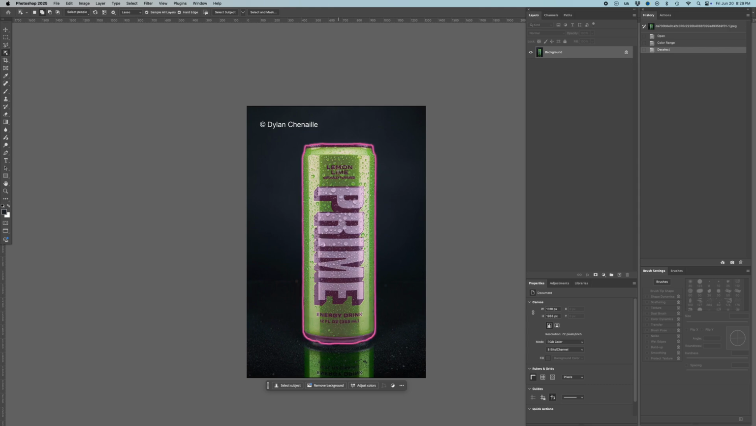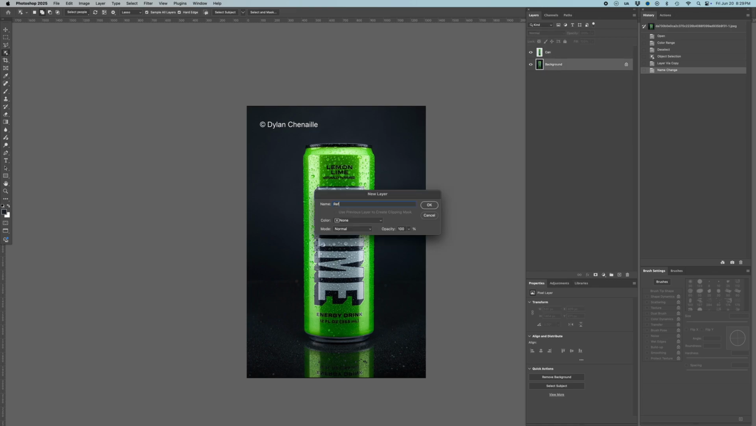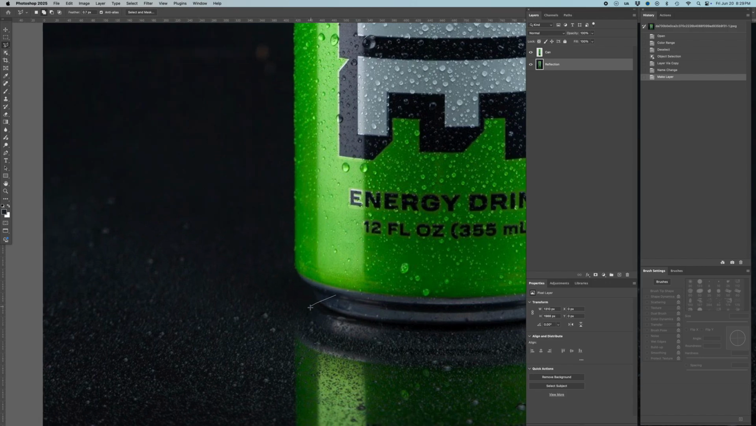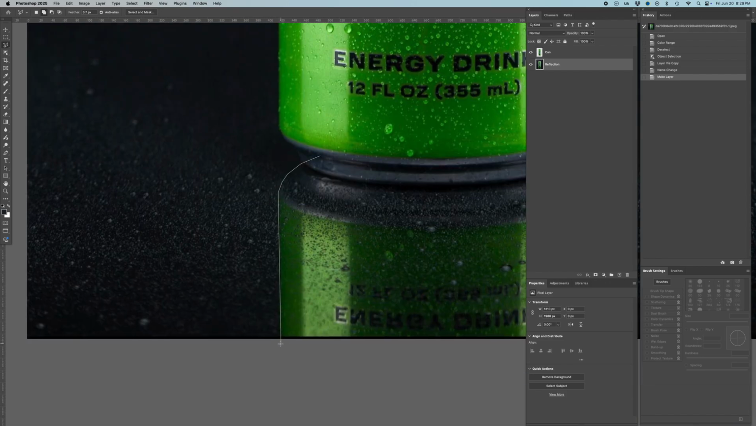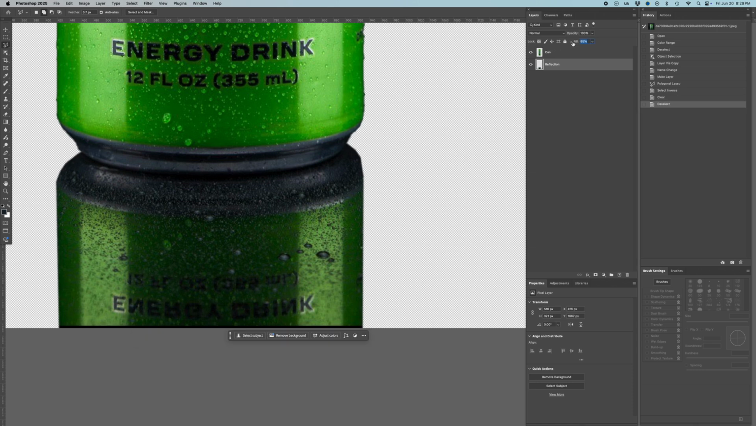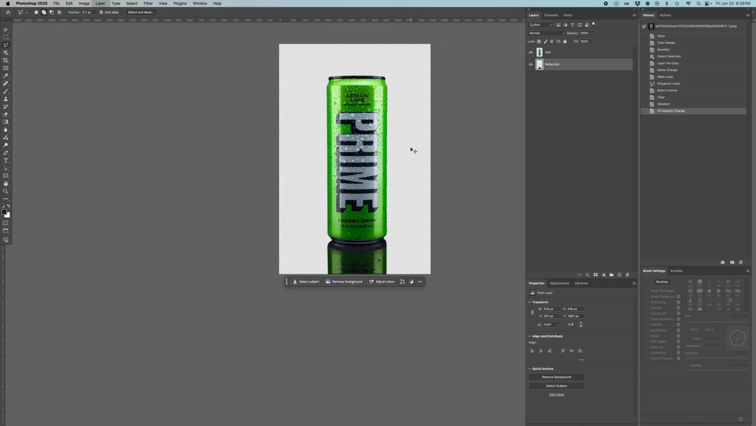So to start, I'm making a selection of the can by itself to create its own layer. And then we will go back and name that can, and then we'll select the background layer and name that reflection, and we're going to make a selection of the reflection down on the bottom. And then we will just get rid of everything around that. Now we have the can on one layer, reflection on the other, and ultimately we'll move that reflection down later